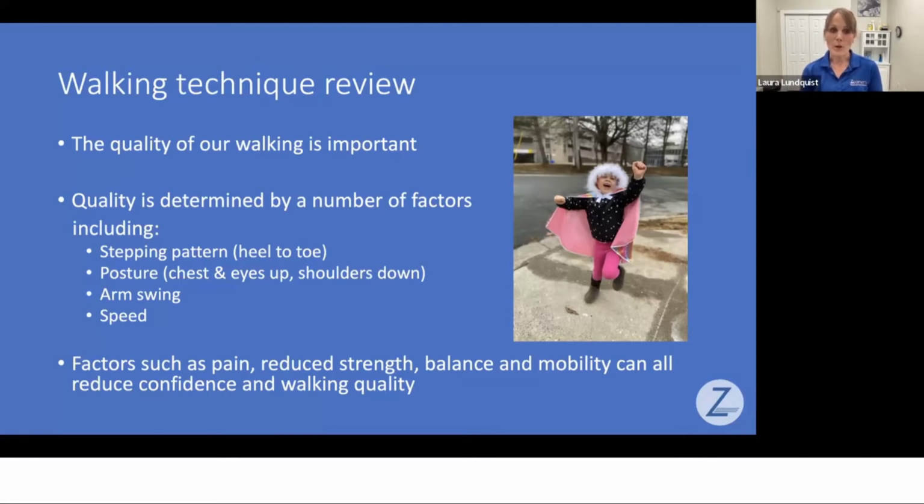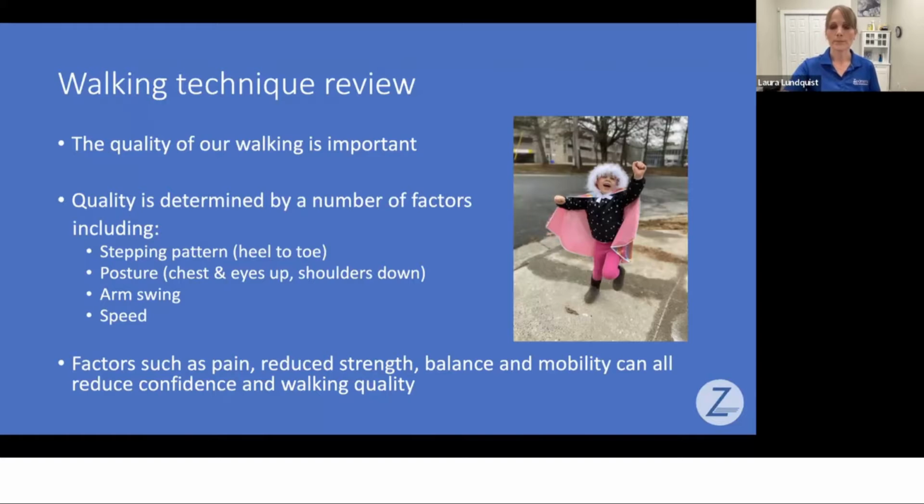The additional thing in walking quality, so those are the nuts and bolts of the pieces of walking quality that, as physios, we're certainly looking at as healthcare providers. And the other thing that we need to remember is that our ability to have those things, to have the good stepping pattern, the good body position, the arm swing, the speed, is highly reliant on our clients' comfort, on their level of strength, balance, and mobility. And if those things are reduced, then we see a reduction in confidence. And when there's that reduction in confidence, then we also see a reduction in walking quality. Right? So you can see how all of these modifiable risk factors for falls, or a lot of them, really play off each other.